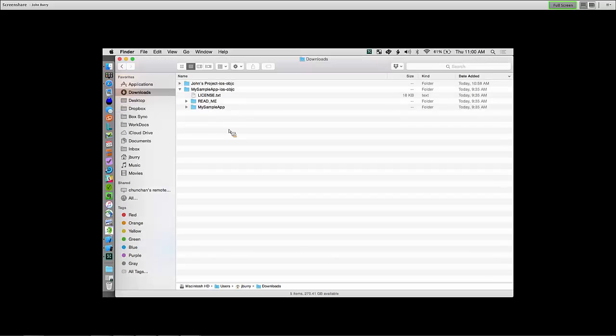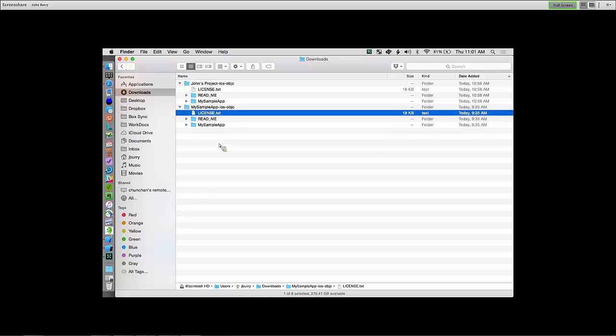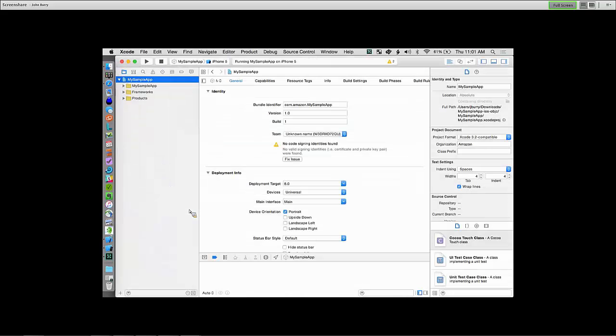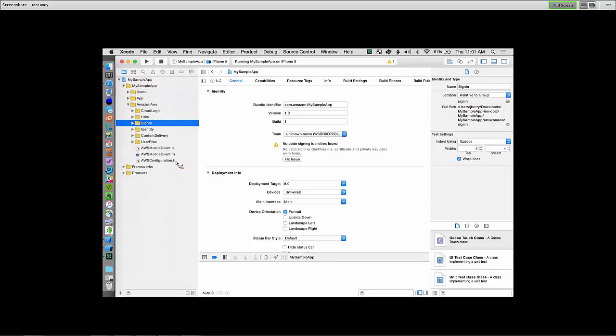So I downloaded the mobile app, and what I have here actually is my sample app and John's project. These are two different apps. I've actually got one running just in the interest of time so we don't have to wait for this to launch. So let me pop on over to what I've opened up. This is the same sample app I just created, and I'm going to show you exactly what Mobile Hub has created for you. I haven't added anything or changed anything in here. The only thing, except one area, which I'll jump right into when I expand the files.